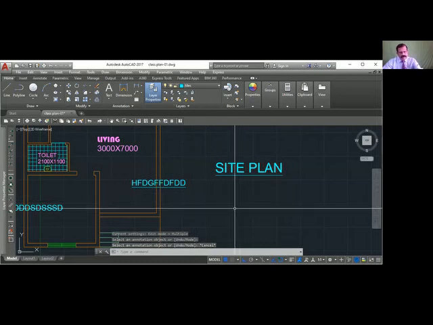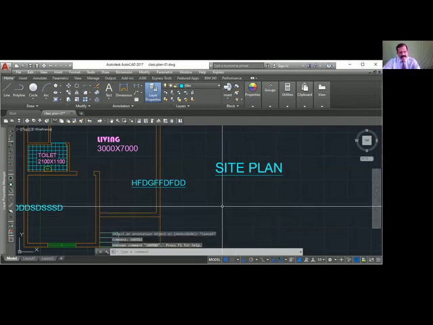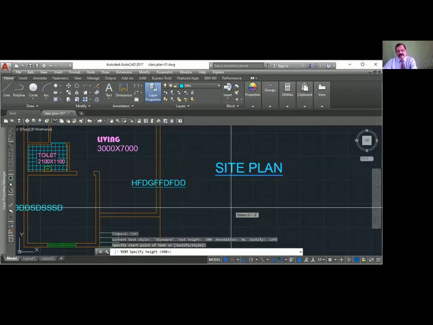I want to show 100 degree. I want 100 degree. So 100 percentage D. D stands for degree. Text. First point. Height.